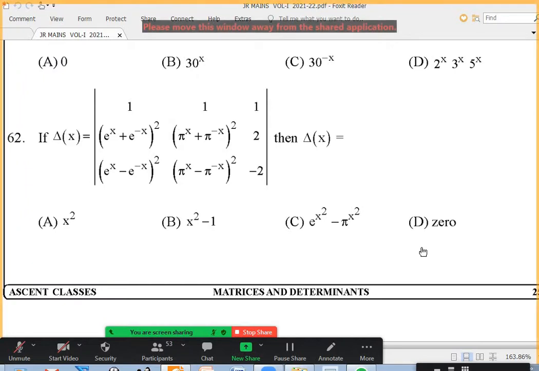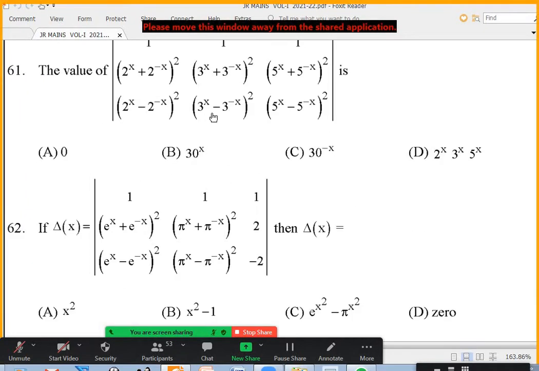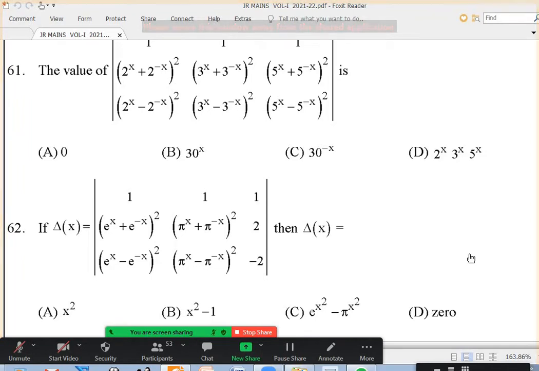So 62nd one is quite similar to 61. Usually we gave questions, and one of the reasons I discuss odd and even numbers is that even numbers will also be somewhat close to the very next odd number. There, a plus b whole square minus a minus b whole square is 4ab. That concept only we used in 61.